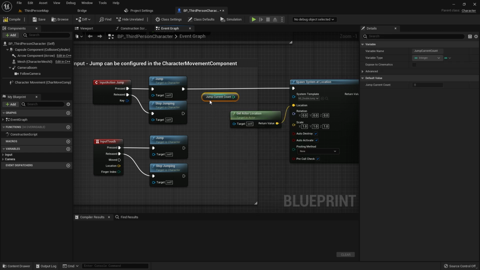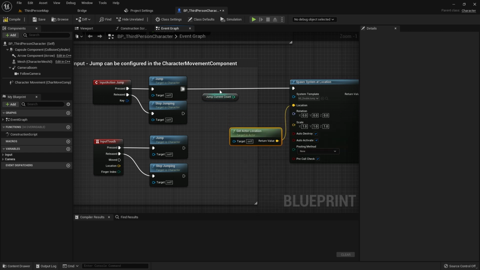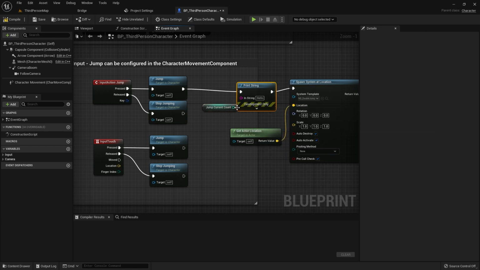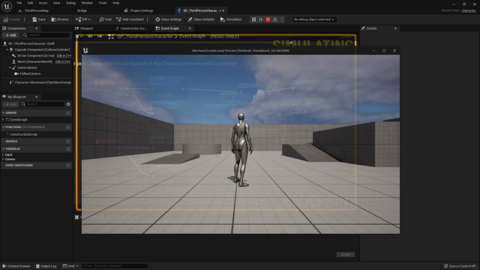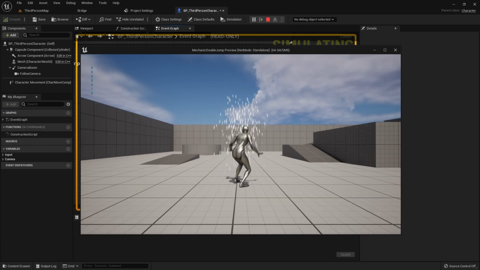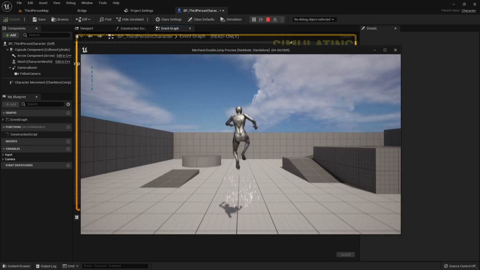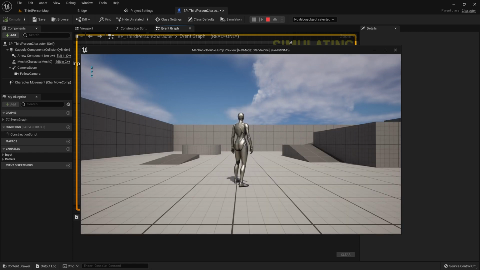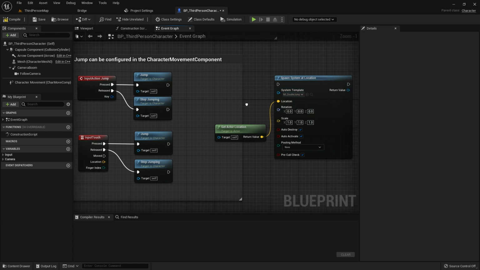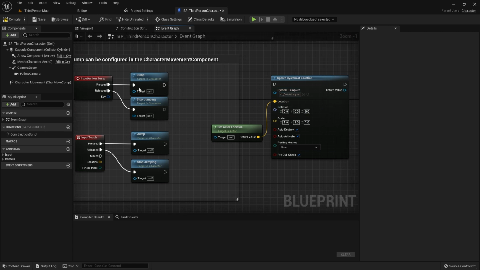Because this is done by a programmer, the first jump starts at 0, and we can print the value so we know what's happening. So I jump 0, jump again in the air, 0, then 1, if I jump again 2, and I can have more jumps like that. It's stuck at 2,